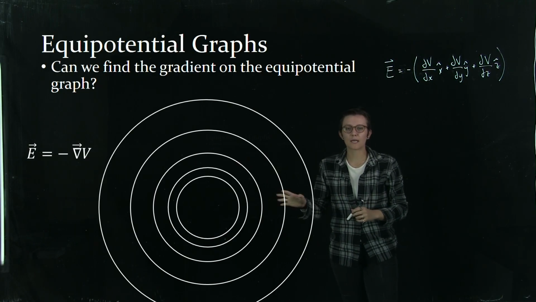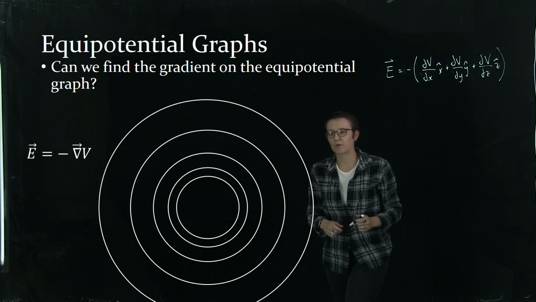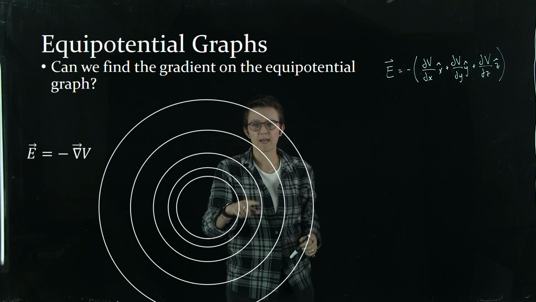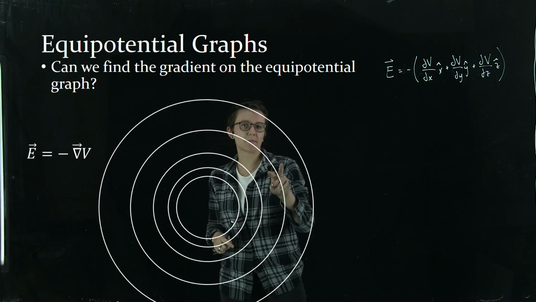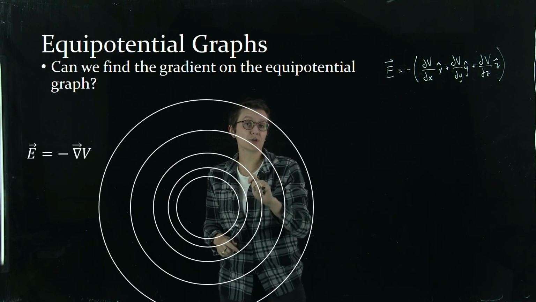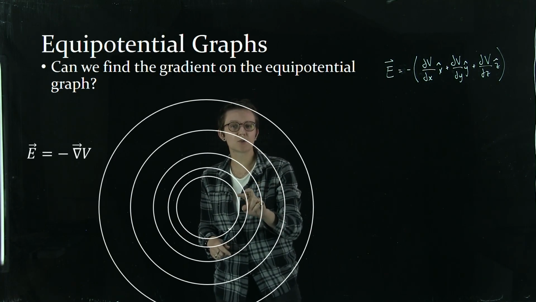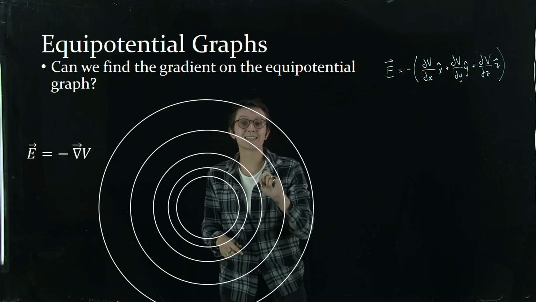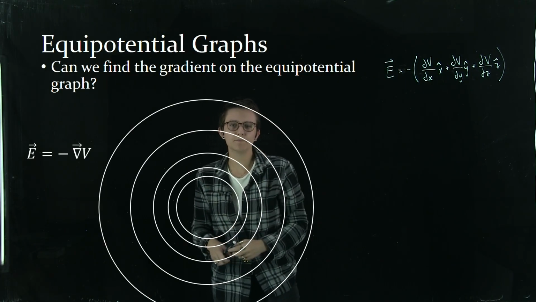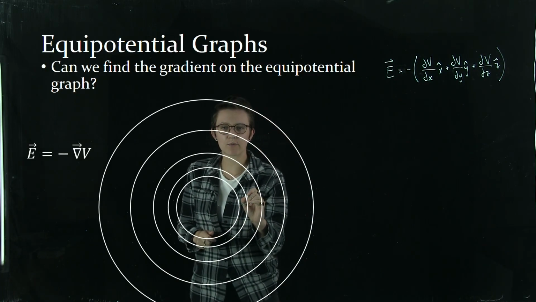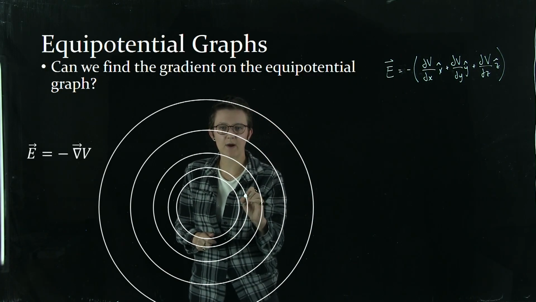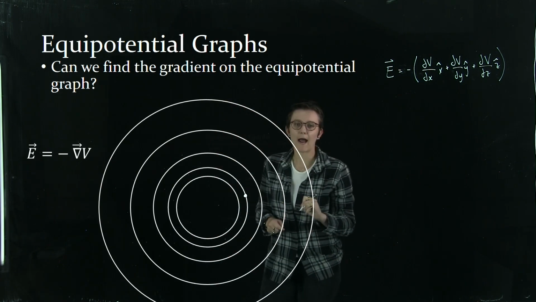So when I'm looking at my equipotential graph here, remember I've got a point charge in the middle and I have this equipotential graph where two consecutive lines are telling me about the change in my potential, and the change in potential between two consecutive lines is the same between each two consecutive lines. So I'm going to think about a point. Let's choose a point right here